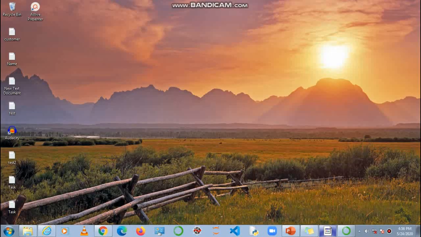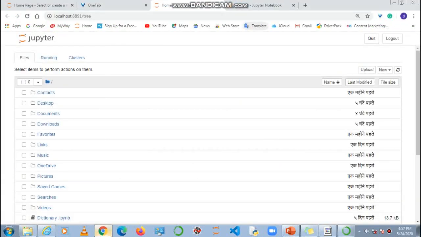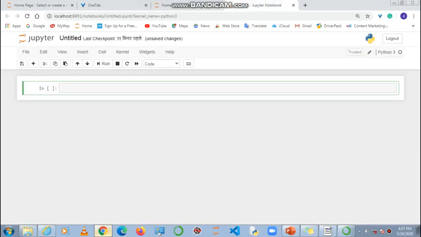Okay, now I'm on my computer screen. Let's start the coding. I'm opening Anaconda Navigator. Here is Jupyter Notebook. Let's open it, and it will open in Google Chrome, because Jupyter Notebook will always open in Google Chrome, and this is the home page of Jupyter Notebook. So you can simply go to New and Python 3. This window will come. Okay, let's print our first program.